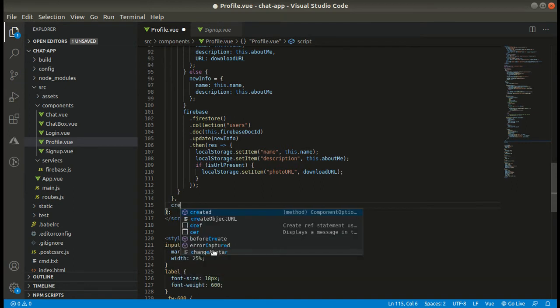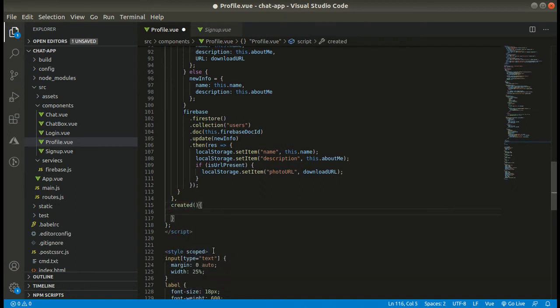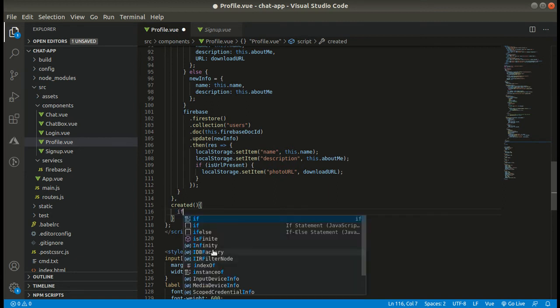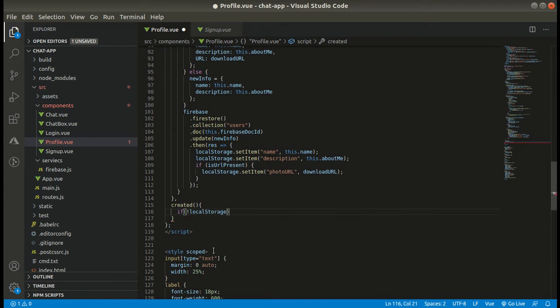Friends, here also, in this created lifecycle hook, we will check if the user is not logged in, then we have to push them to the login page.